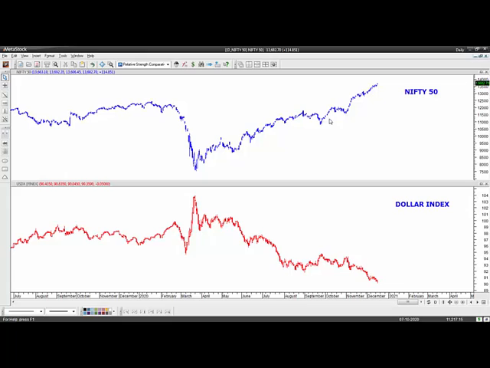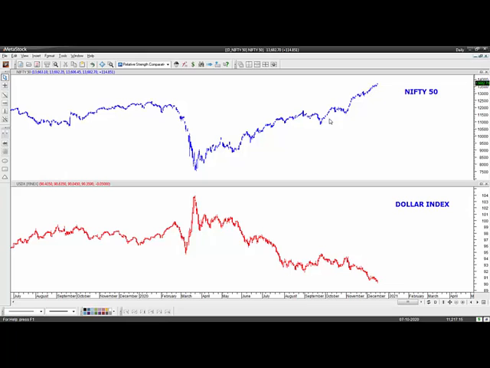Hi everyone. Today's topic is the correlation between the Nifty and the dollar index. So here we have two charts. One is Nifty 50 in the blue and dollar index in the red. We'll try to see these charts from three perspectives, or three different time frames, or three different cyclical ways to